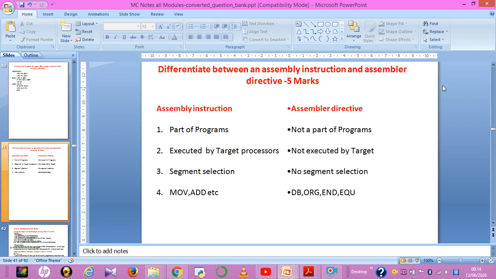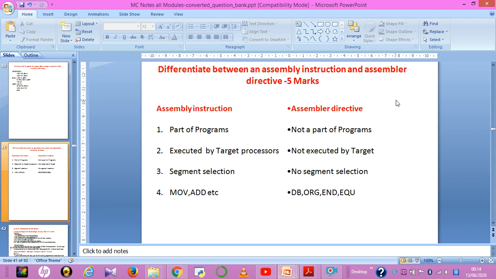Differentiate between assembly instructions and assembly directives. Asked for 5 marks. What is the difference between instructions and directives? An instruction is a part of programs. Assembly directives are not a part of programs; they are inbuilt instructions. An assembly instruction is executed by the target processor. An assembly directive is handled during assembly, so it is not executed by the target.